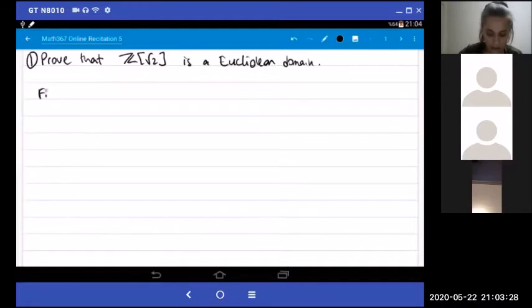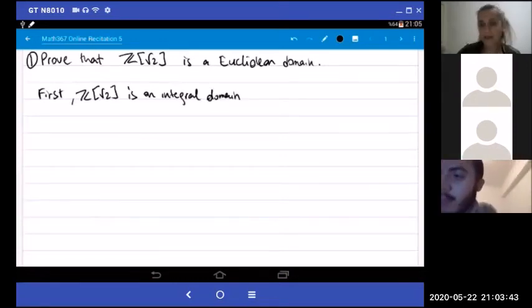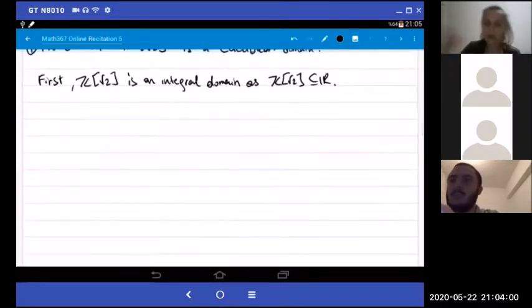First, let me start with explaining that Z root 2 is an integral domain. Why is that so? Because it's a subset of real numbers, right? Z root 2 is a subset of R, for example. And we should define a function on it. We're going to call it the Euclidean function. Consider the map